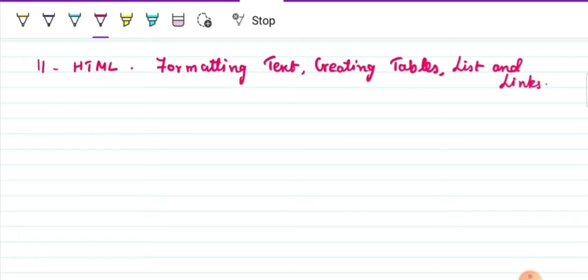So formatting is nothing but making some changes in your text. What could be the changes? The changes can be like bold, italic, underline. These are the simple and basic changes. Similarly, you can change the font style, font size, font color, and many more options that you have.